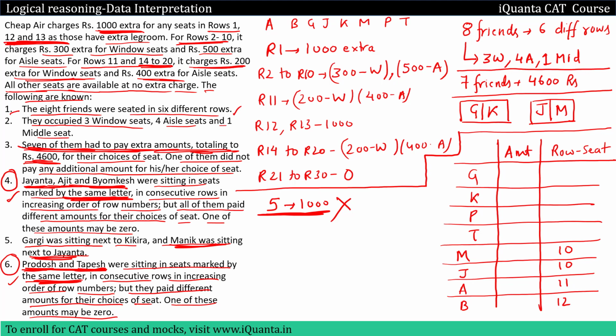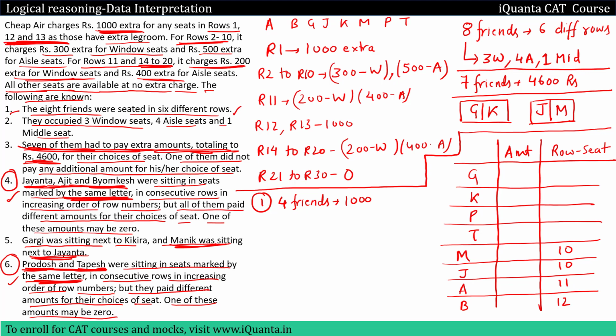1000 rupees each. So that means 4 or less number of people will be paying 1000 rupees each. In that case only we can accommodate a total fare of 4600. So one case that I can make is 4 friends pay 1000 each. So 4 friends will pay 1000 each. So we have covered 4000. Now we need 600 more.